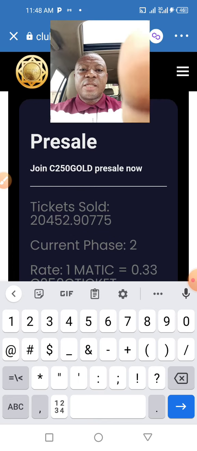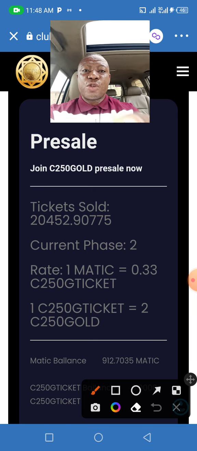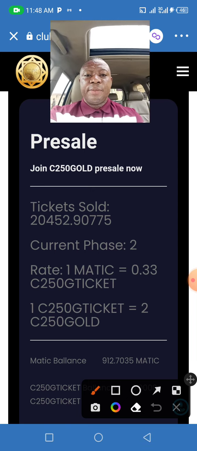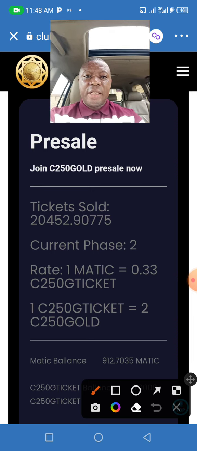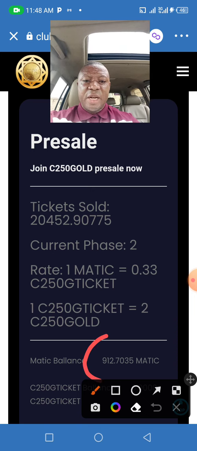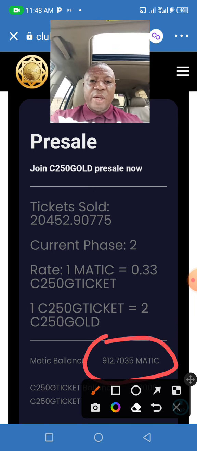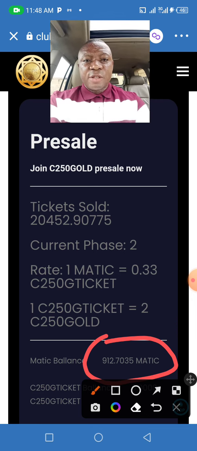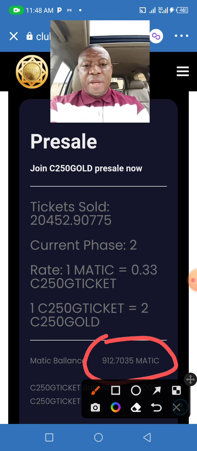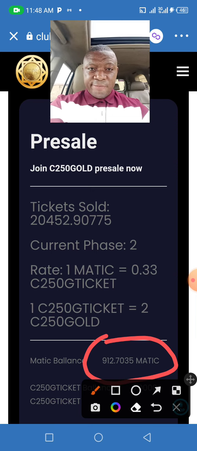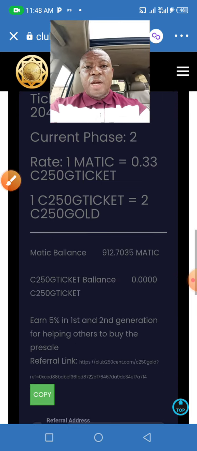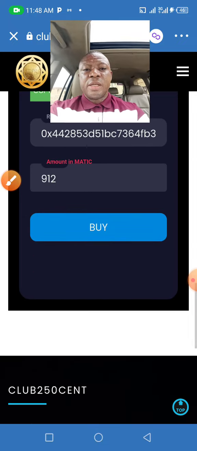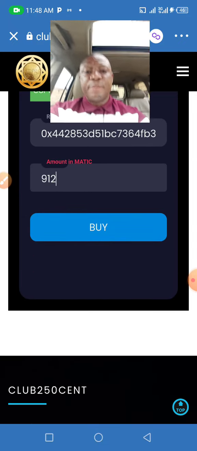Each time you successfully connect your wallet through the Polygon network to your Trust wallet, you will definitely see the balance in your Trust wallet appearing here. If the balance in your Trust wallet does not appear here, know that you have gotten it twisted. Okay, so now we can proceed into buying. Then we'll hit buy.